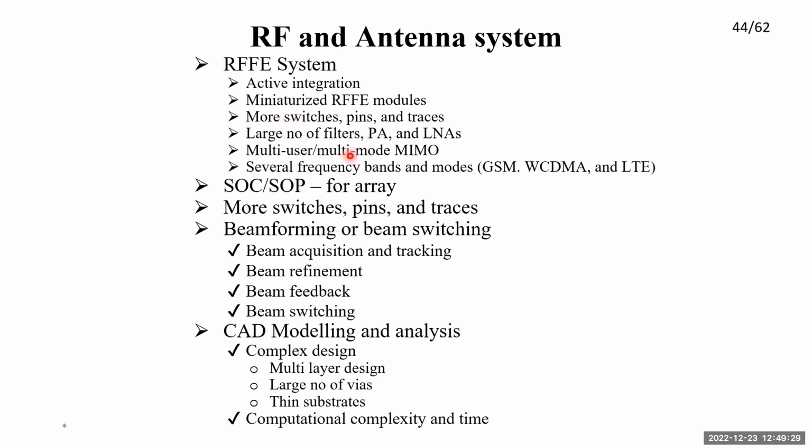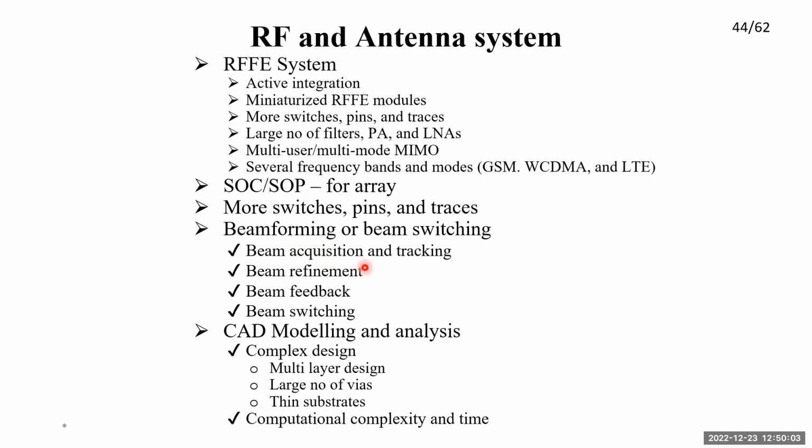Nowadays you have very compact systems, and when you move towards compactness, complexity increases. We are going for compactness, but the technology features keep on increasing, which is a kind of reverse way. So your complexity will increase. For example, nowadays we have system on chip and system on package for RF systems, and it is also coming up for the array.